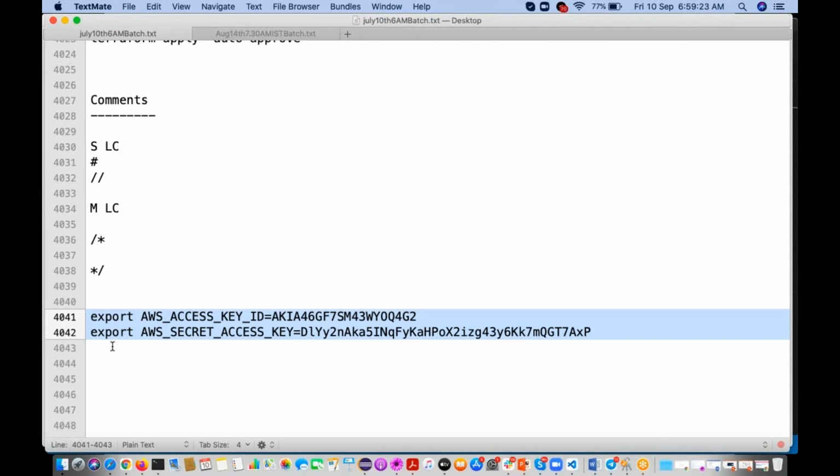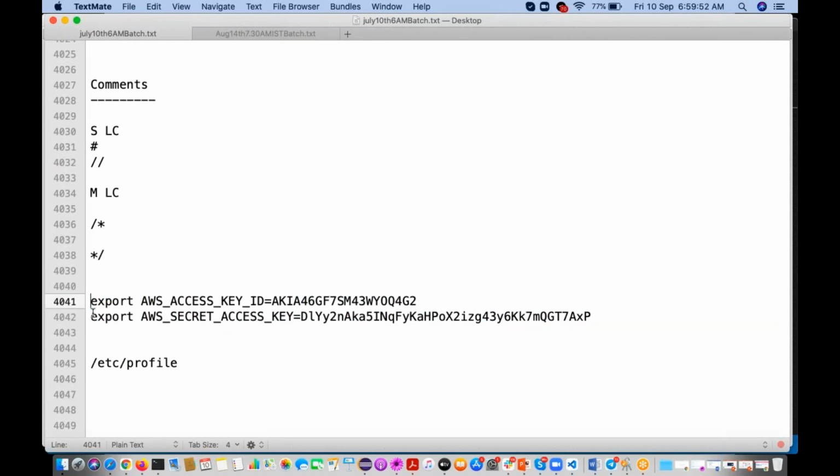The .bash_profile if it is user specific, or if you want to provide these variables to all the other users, we have a file called profile, which is available in the etc directory. You have to go and add it, right? Then it will be permanently available.